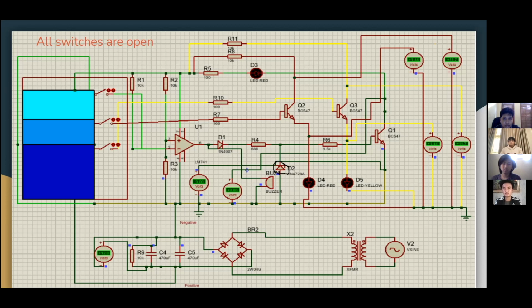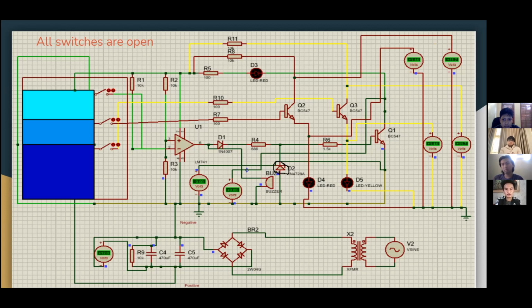Here, as you can see from the datasheet of the BJT, we learned about the workings of the BJT itself in a low current system. So basically, all the devices here operate in a low power system. And also, we installed voltmeters here in accordance with the VCC and the VEE of each position. As you can see, we differ the colors of the circuit. The yellow one is for the yellow LED, and the red one is for the red LED. And the large green one, sorry, I forgot to annotate.